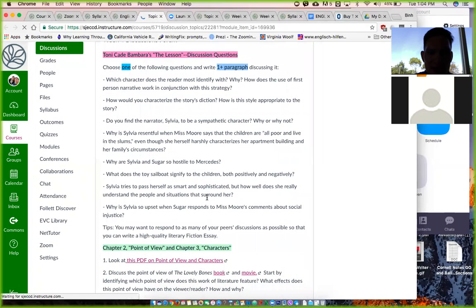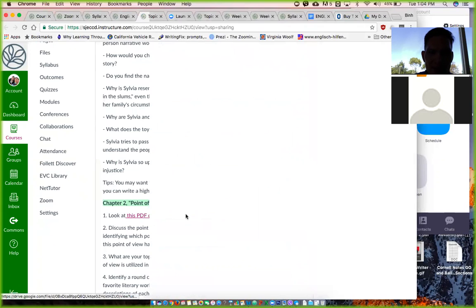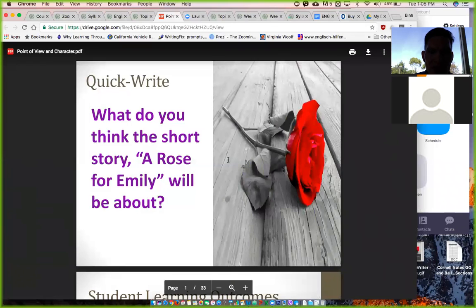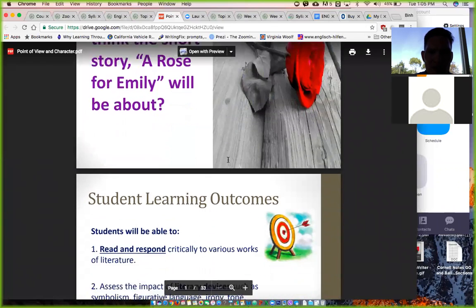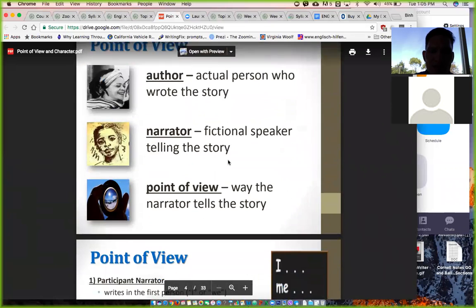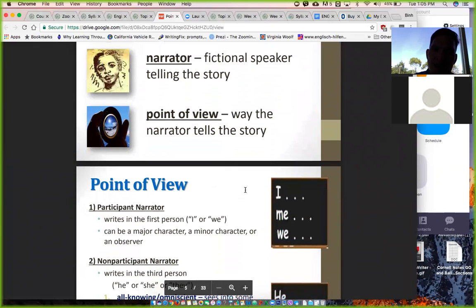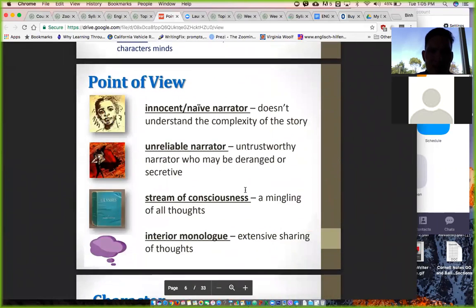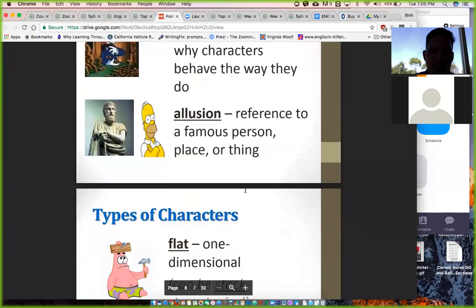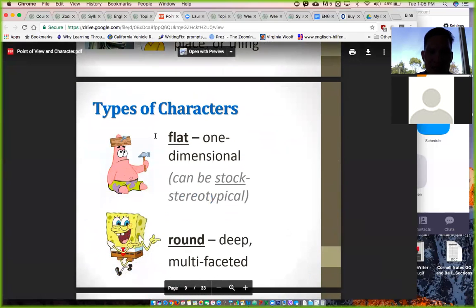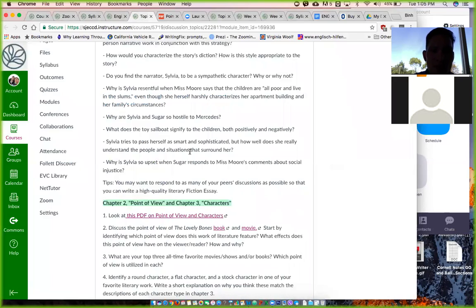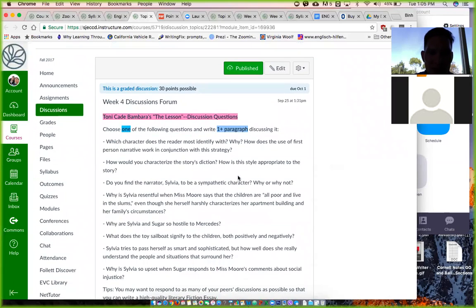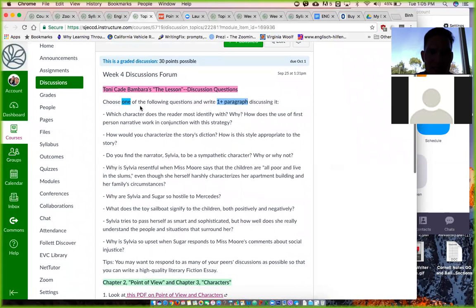a link to a PDF on character and point of view. So I know that this will be helpful as you consolidate your understanding, if you will, of these 2 chapters. Let's look at this. In addition to taking the quizzes and reading the chapters. So after you're done with the quizzes, which are due this Friday, you can begin working on this task, which